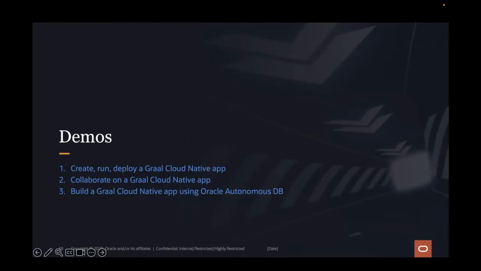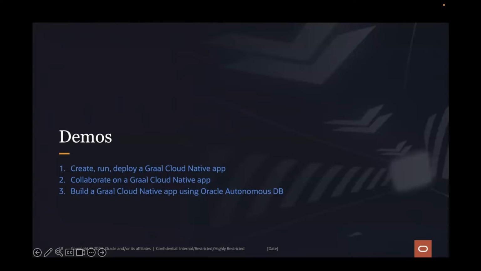The next demo is going to be all about collaboration. When we've pushed our application into the OCI DevOps service, it's no good if it's just our application. That's kind of useful, but typically we work as part of a team, so we want to be able to collaborate with other people. We're going to see how we can take an existing project, pull it down locally, work on it, and how it'll just load into VS Code. You'll see all of the configuration for the build pipelines, the deployment pipelines, etc. So it's really all about seeing how we collaborate with other team members using OCI DevOps as our point of focus.